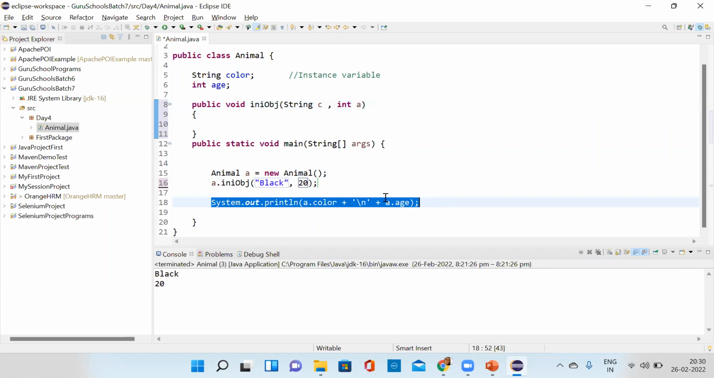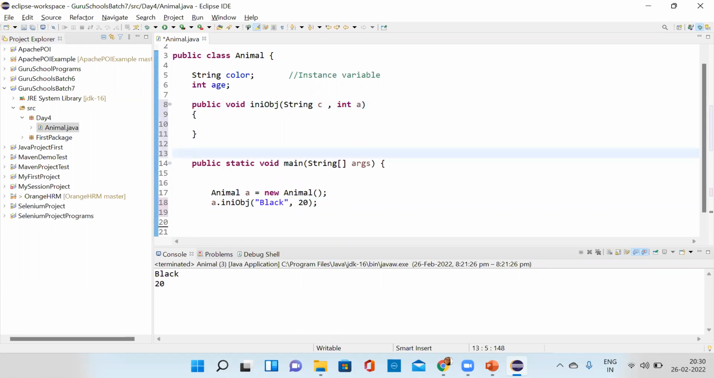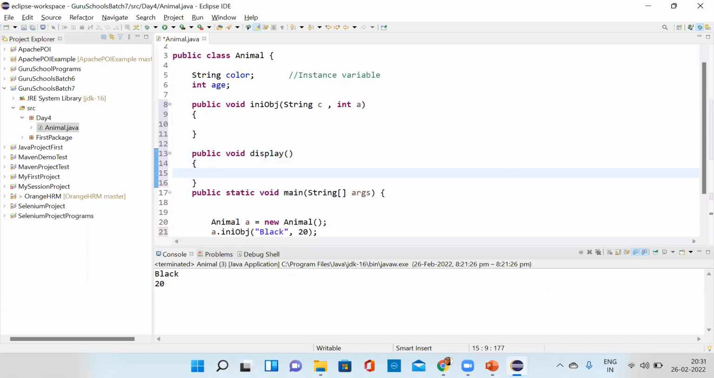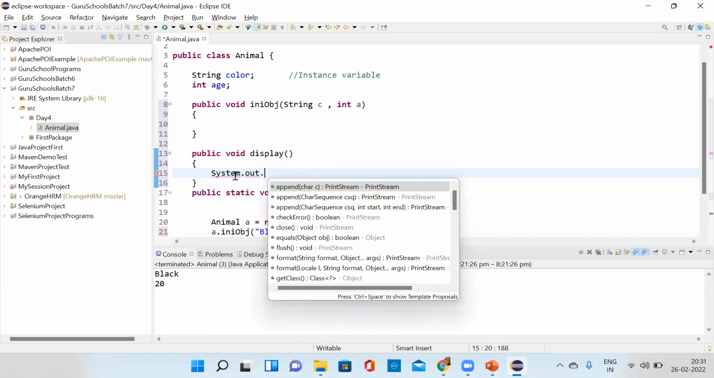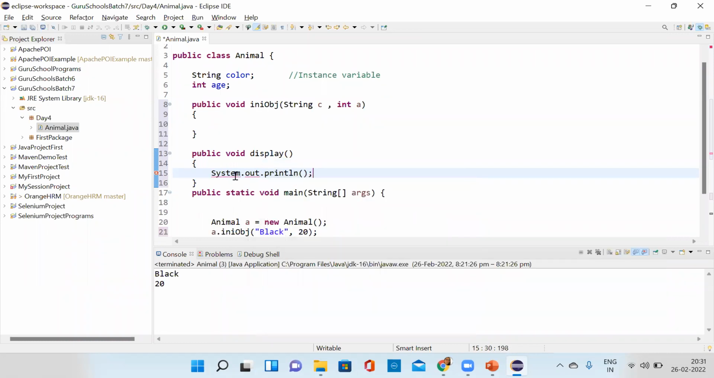Okay, now I don't want to print it here. I wanted to print it in some other method. Getting my point? Public void display. I want to display it in some other method. And I just wanted to write system dot out dot println. Inside that, I can write color. How can I write color here? Because